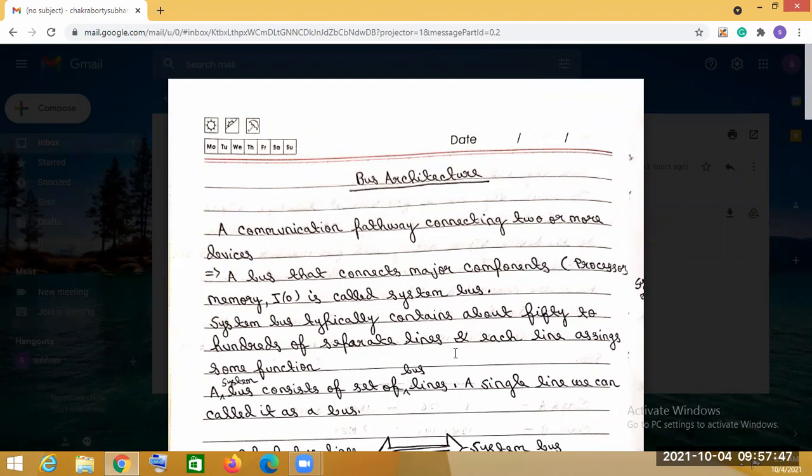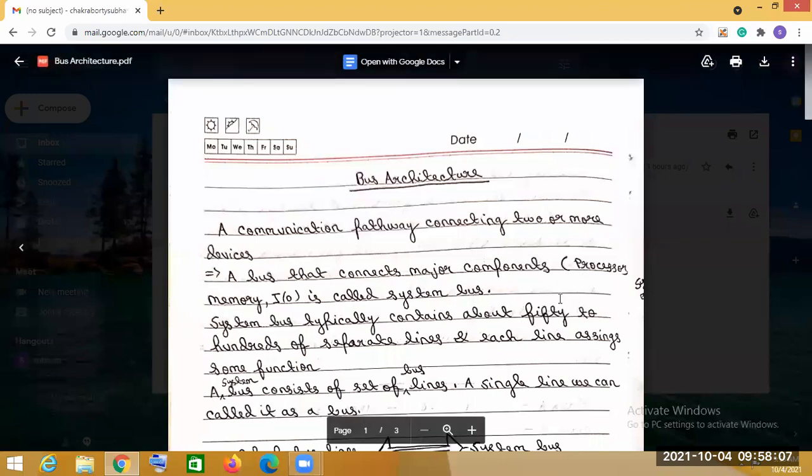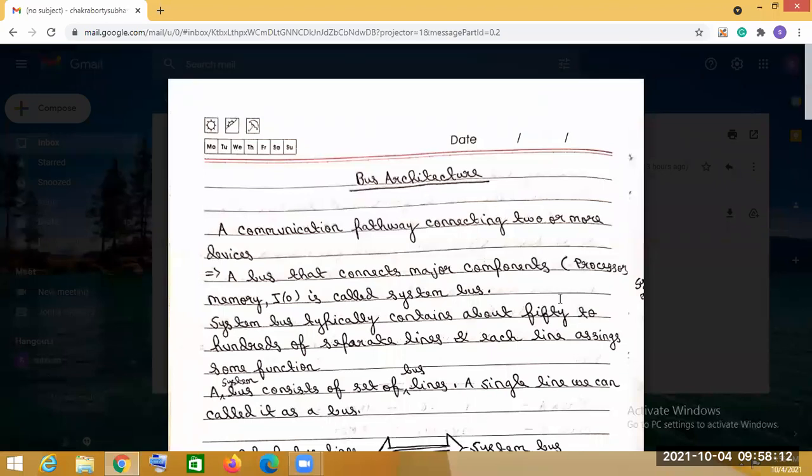That means a bus consists of separate lines, and each of these lines is assigned some function.